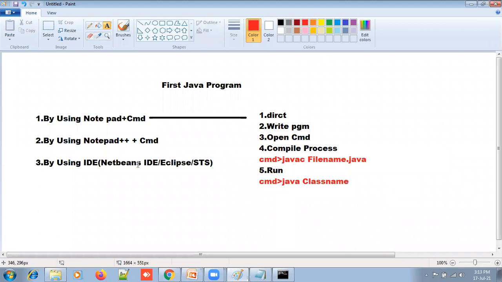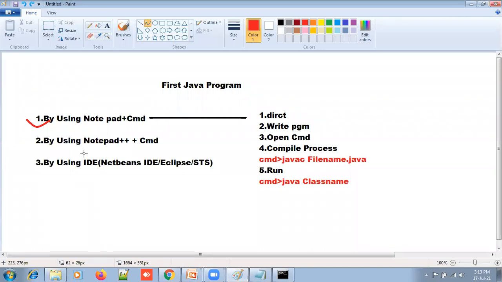This is the process of executing, and with the help of this we can execute my first Java program, by using Notepad and command prompt.